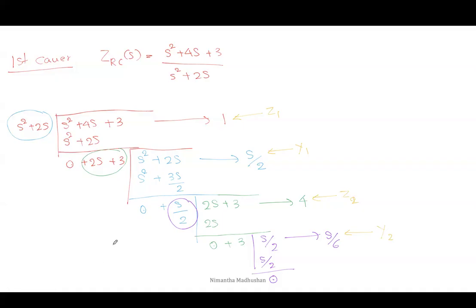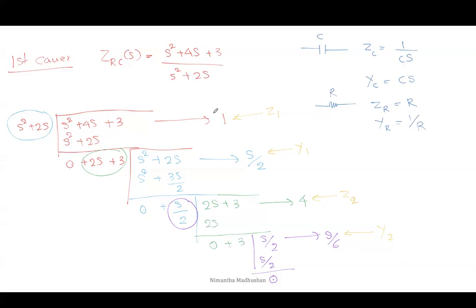This is an RC network. If we consider the impedance of the capacitor, ZC is equal to 1 over Cs, and the admittance is equal to Cs, 1 over ZC. And if we consider the resistor, the impedance of the resistor is R and the admittance of the resistor is given as 1 over R. Then if we consider these answers,